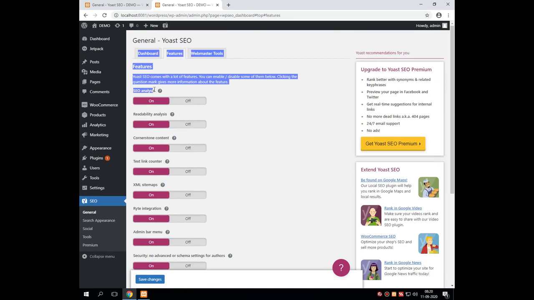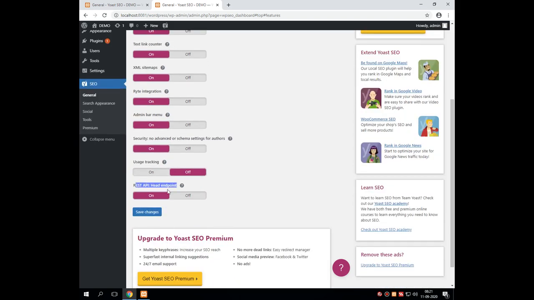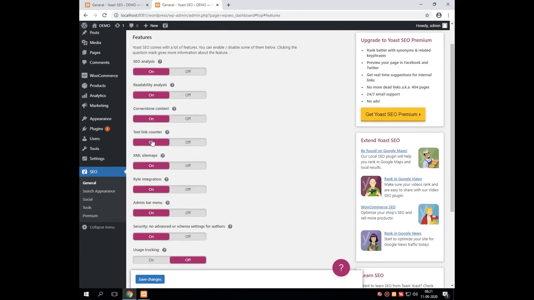First is SEO analysis, second is readability analysis, third is cornerstone content, text link counter, XML sitemap, integration, admin bar menu, then there is advanced security or schema settings for authors, usage tracking, REST API head endpoint, etc. All these settings contain one type of toggle key.